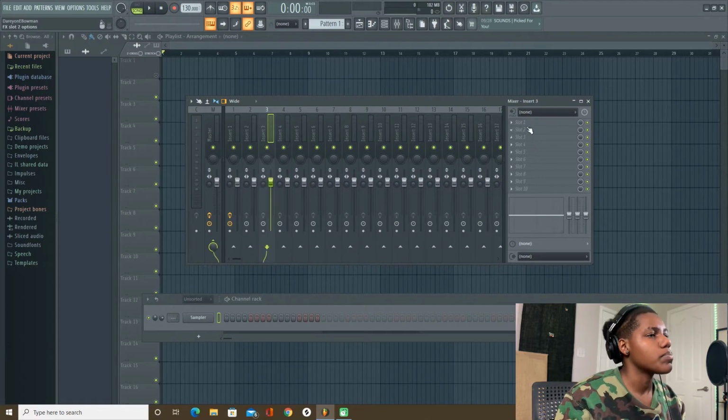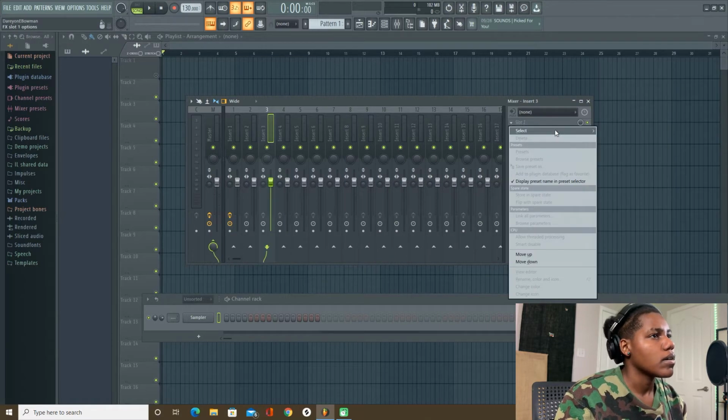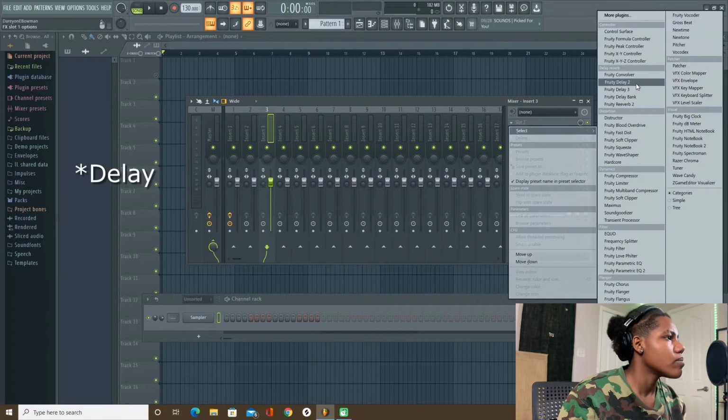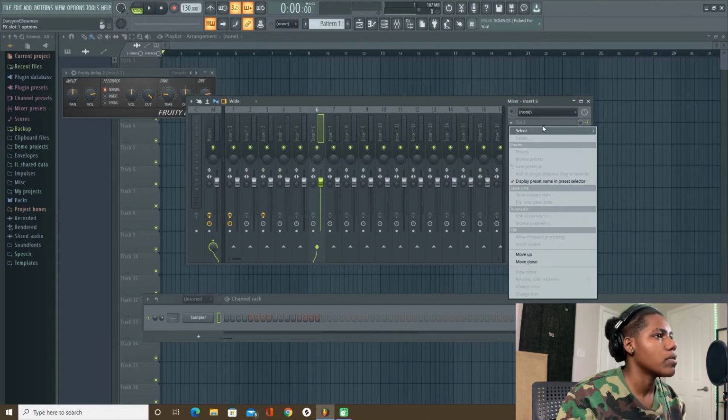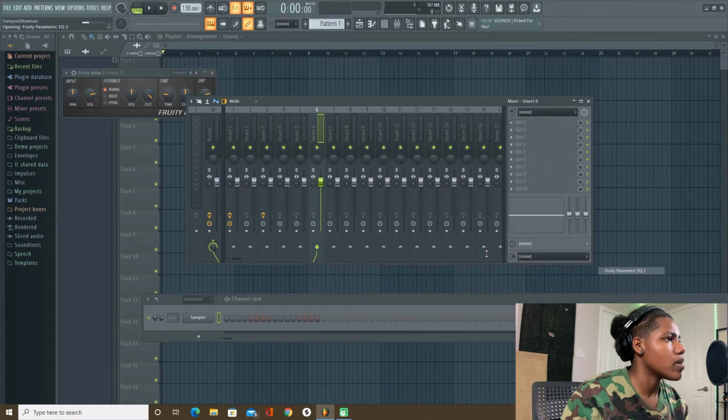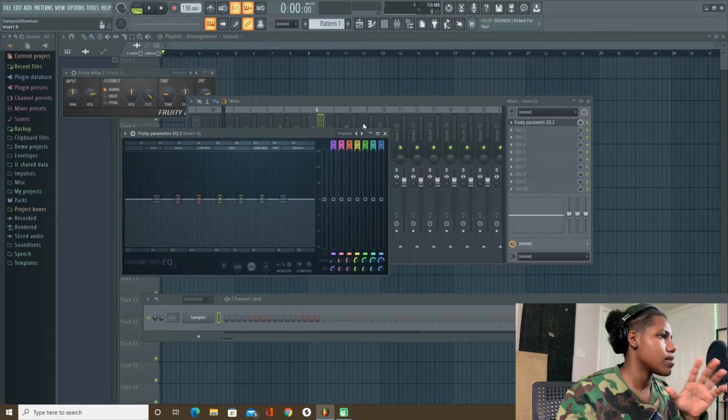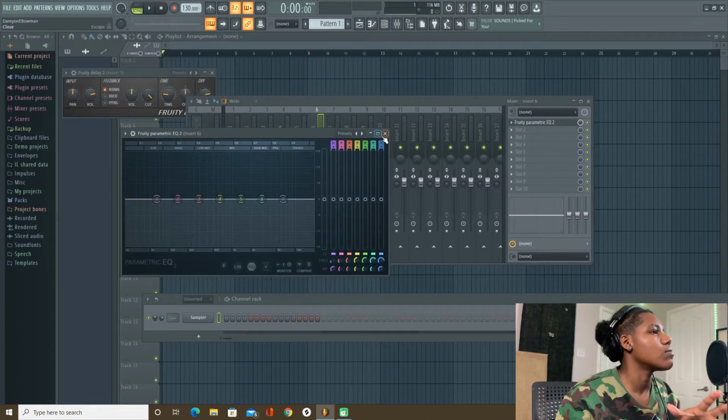So let's put some reverb on this instance. Let's put an EQ on this instance, right? And so let's say that this is a template that we want to save. We're gonna go ahead and go here,